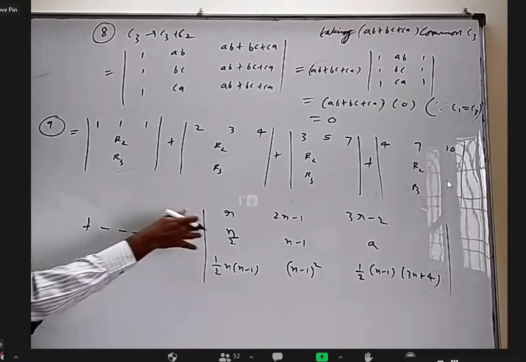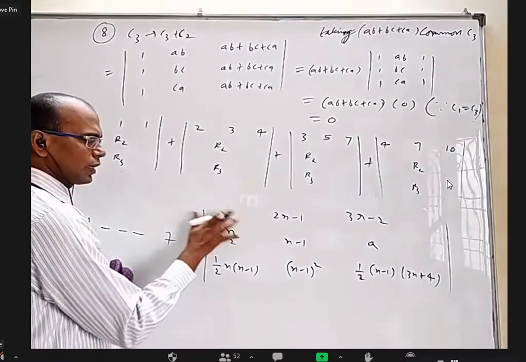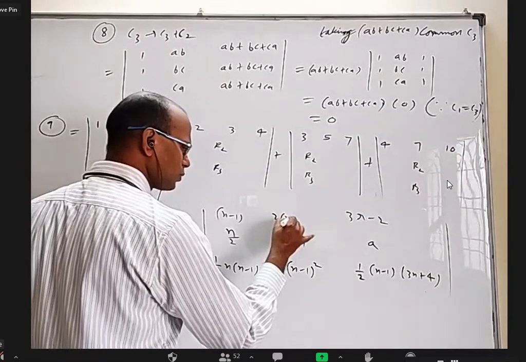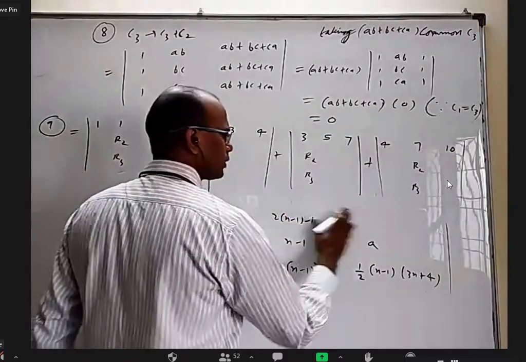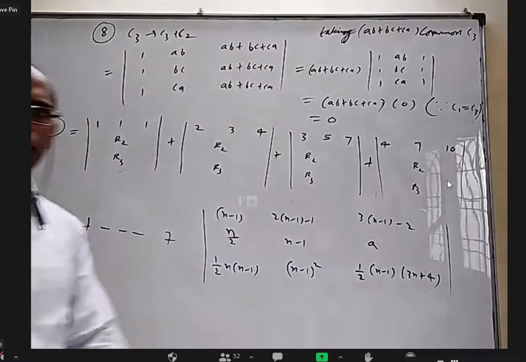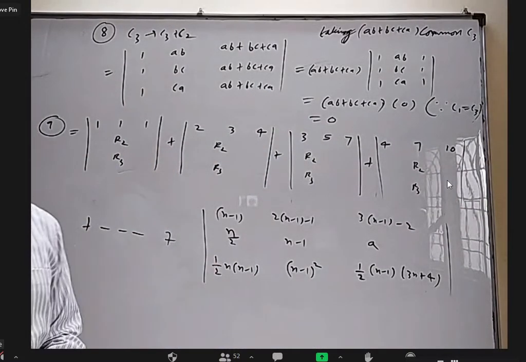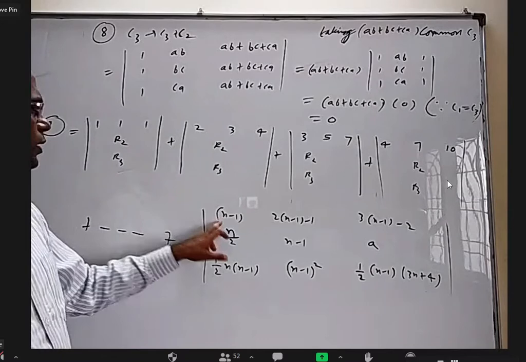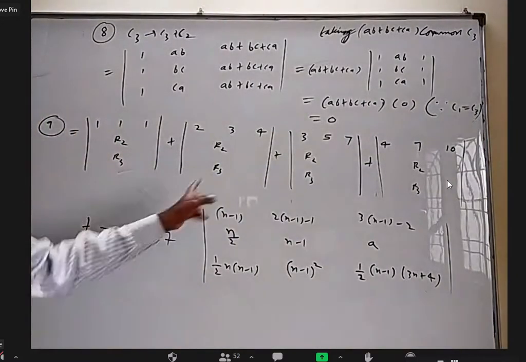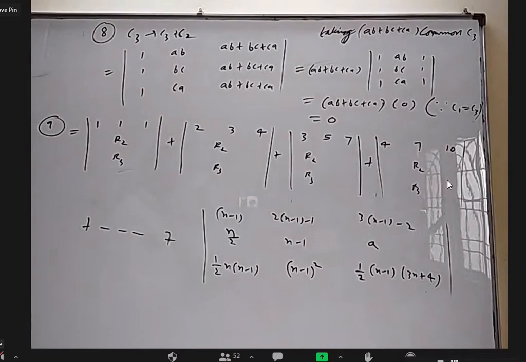Plus, even this I am going to change. I am going to put in the place of R n minus 1. Here in the place of this 2 into n minus 1 minus 1. The place of this 3 into n minus 1 minus 2. Same second row, same third row. Okay. So I kept R equal to 1, R equal to 2, R equal to 3, and finally here R equal to n minus 1. I removed the question determinant. Is it okay for 9th one, everybody? Yes, sir. Okay.